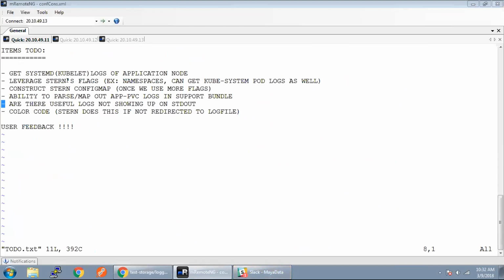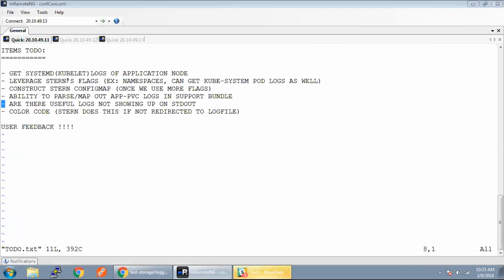If we had not done that, we would have seen the color coded logs, but it doesn't provide it when we push it into a log file. If there is something that we can do about it, that's something we will be interested in as well. So these are some simple things that came up as feedback when we were discussing the stern pod,